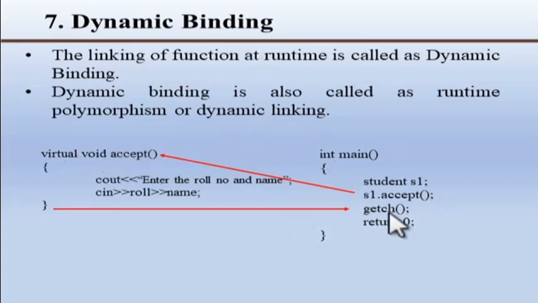But in dynamic binding, the function is not specified. Function name is accept. There may be multiple functions like accept, accept, accept. Then which one you want to call? So it will be decided at the runtime. That's why it requires more time for finding that function. That's why it requires more time for the execution. Or there may be a chance of error because if that function is not available or does not exist, there may be an error. But in static binding, this type of error does not occur at runtime because it can be cleared at the compile time. That's why it requires less time for execution.